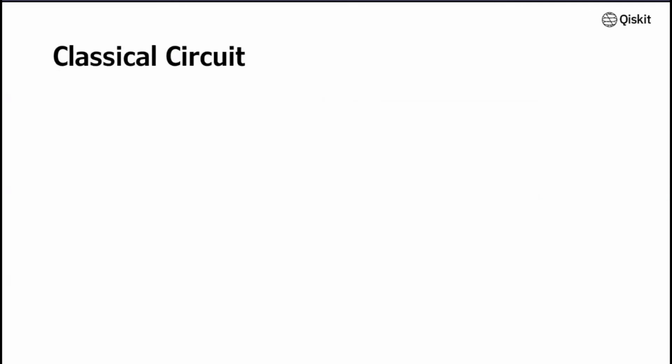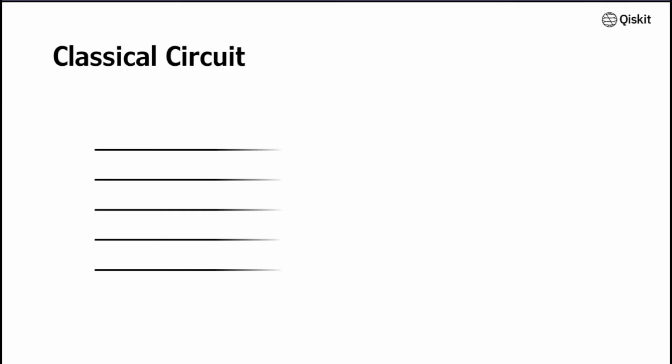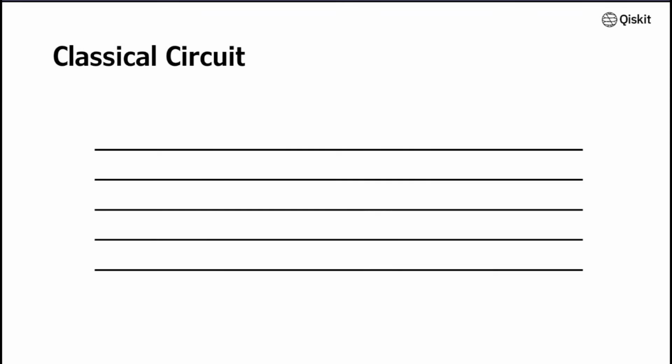There are many different ways to realize quantum computation, such as the quantum circuit model, one-way quantum computation, and others. I will focus on the most widely used model, which is the quantum circuit model. Before I go to the circuit model, let's take a look at the classical circuit. Here, we have 5 channels, so we have 5 bits of information. As you increase the wires, we increase by 1 more bit of information. Let's prepare some input state: 1, 0, 1, 0, 1.